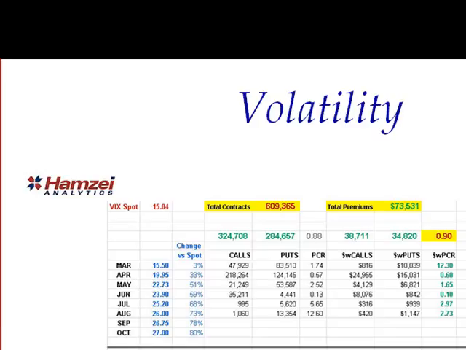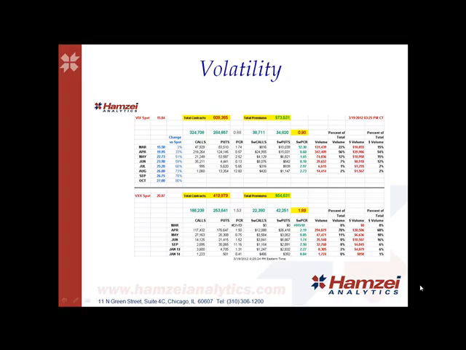For March, we saw a 12.3 reading on the dollar-weighted put-call ratio and 50% of total volume. But we need to take into consideration that tomorrow is the last day that these contracts are going to be traded. For April, the 0.6 dollar-weighted put-call ratio had 54% of the total premiums paid, which is a bearish to neutral reading. And for May, we saw a 1.65 reading, and it had 15% of the total premiums paid.